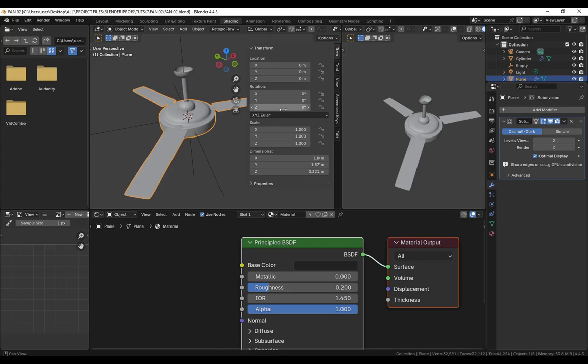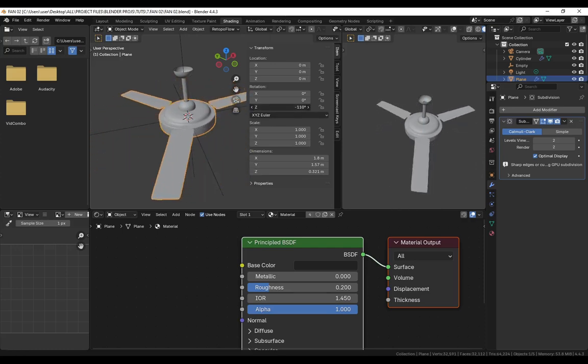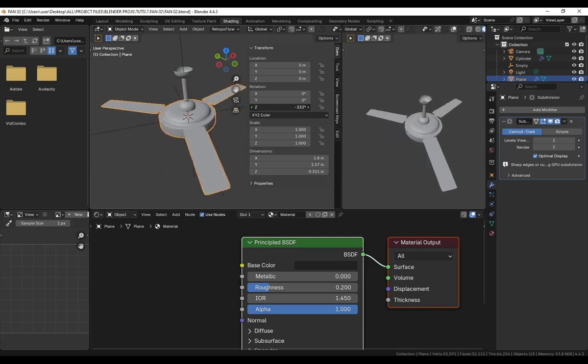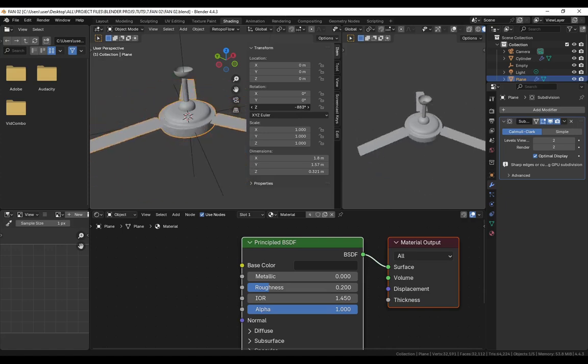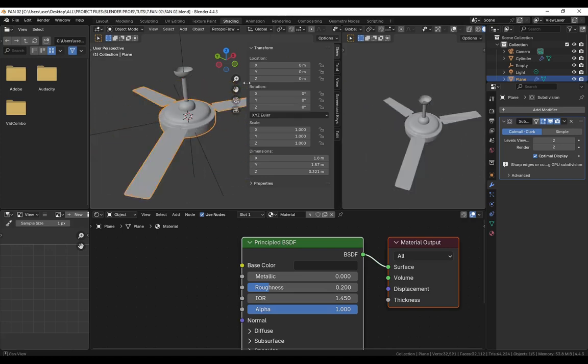On this Z rotation, you can see that when we move on the negative axis, it's going the right way, so we want to animate it on the negative side. So what you are going to do is just click on the Z axis and then type minus